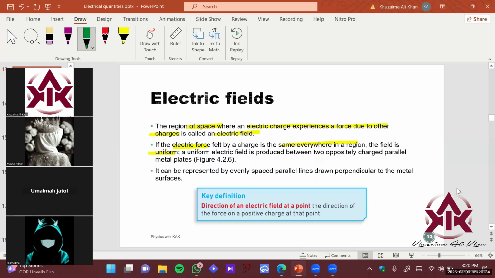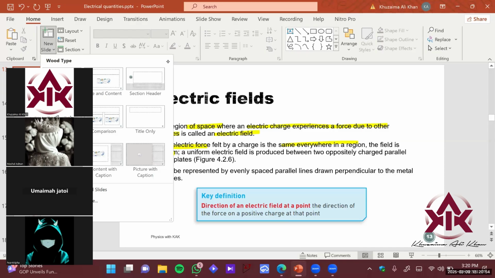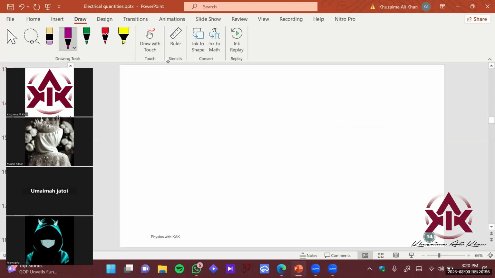that is uniform and non-uniform fields. So the direction of the electric field is very important. Now how do we determine the direction? We learned in magnetism that magnetic field lines start from north and go towards south, right? So let's learn this for electric fields. If we have a positive charge, the electric field lines are going to go outwards from it,